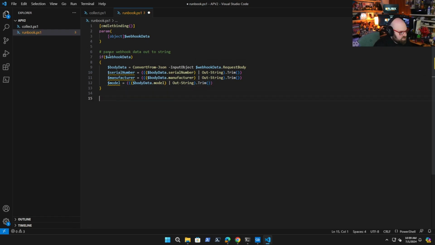Okay. Now we have to connect to the Graph. We're going to use the identity switch, so it uses this managed identity. And again, you're going to permission this identity. That's all in the previous video below. Parameters are going to be OverwriteImportedDeviceIdentities equals false. So we're not going to overwrite something that's already there. And then we're going to say ImportedDeviceIdentities equals